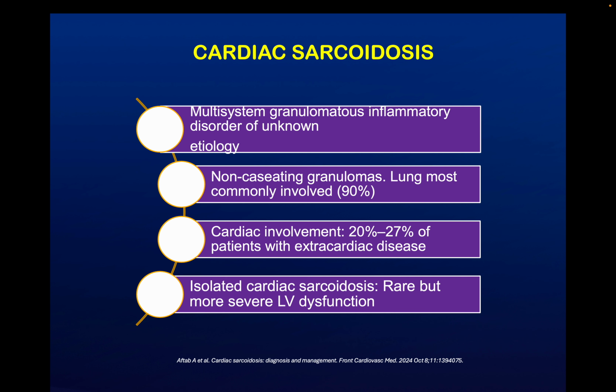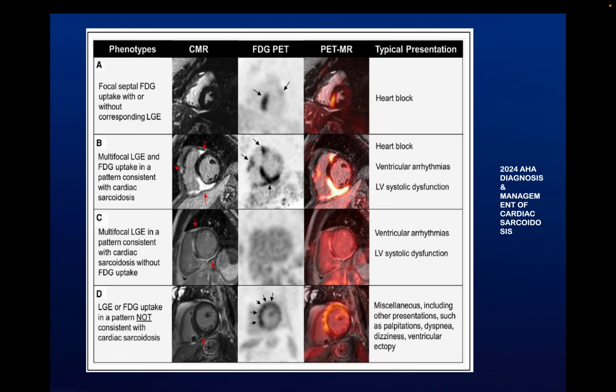In cardiac sarcoid, 20 to 27% of patients have extracardiac disease, but when there is isolated cardiac sarcoid, there is more severe LV dysfunction and as such can present in varying phenotypes on the CMR and the FDG PET,